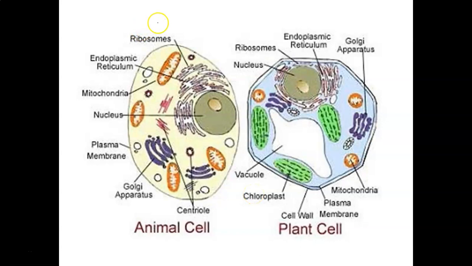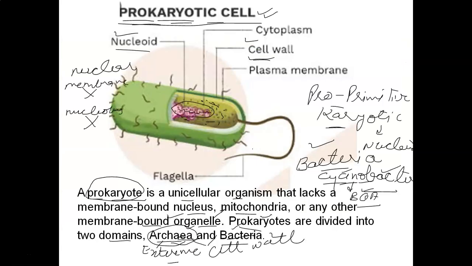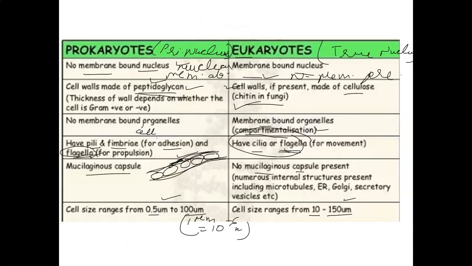Now, for the eukaryotic animal cell and plant cell, we will study some cell organelles and their functions. I have already uploaded the video where you can see the functions of these cell organelles. So, animal cell, typical plant cell, and in the previous diagram you have seen the typical bacterial cell, right? Here is a single flagella, and this is the structure which we have just now studied, that is actually the pili, for attachment. Cilia are 1 or 2, pili are more in number.